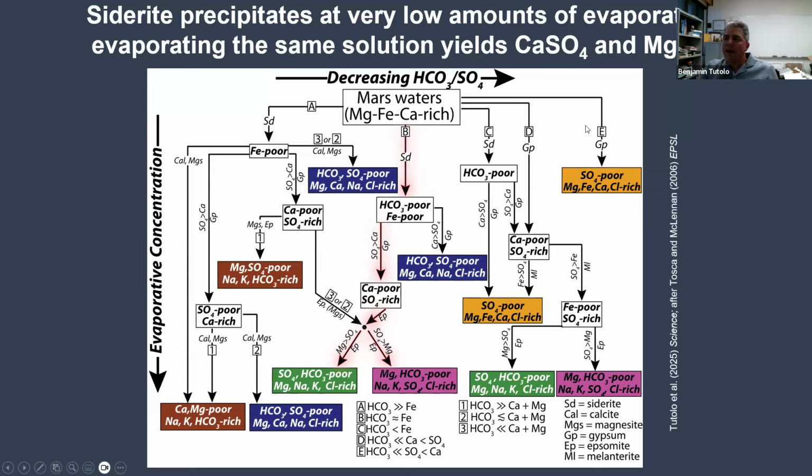As you can see, in all cases except D and E, the ones that have lots of sulfuric acid in the initial solution, the first mineral to precipitate as you evaporatively concentrate, going from top to bottom down the page, is abbreviated SD, or siderite. So siderite would be the first mineral to precipitate in the evaporation of any of these waters except for those that are highly acidic. If that's the case, then we can interpret that our siderite could have formed by evaporation.